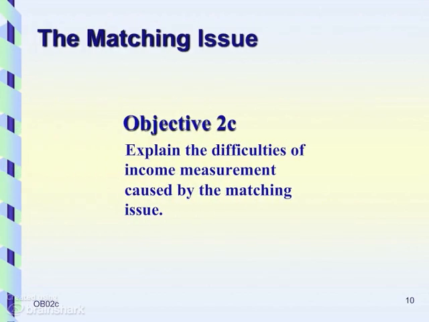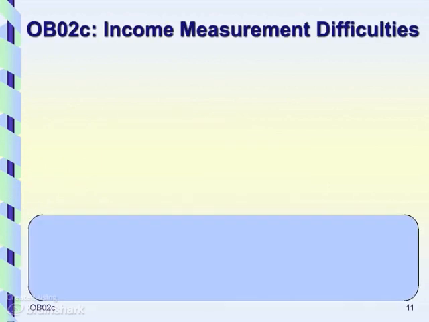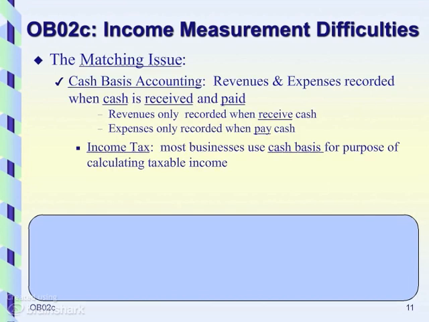Next, let's discuss the difficulties of income measurement caused by the matching issue. Let's look at the matching issue and what it is. Many small businesses use what we call cash basis accounting. They report their revenues and expenses when cash is either received or paid. That means that revenues are only recorded when cash is received. So, if we sell something for cash, that's the only time that we would record a revenue. Additionally,